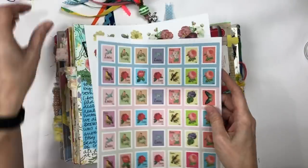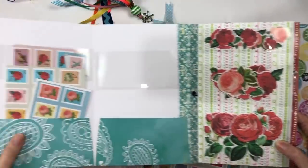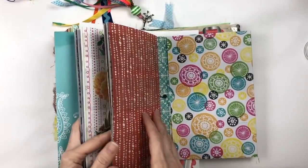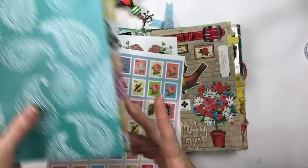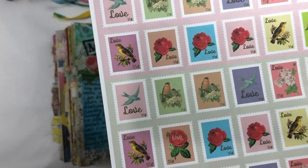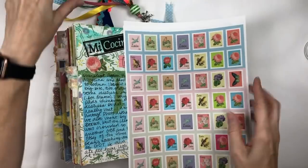And I just cut those apart. Oh, here's some. So I was just cutting them apart like this, and then cutting them down into little singles. And I made them with, this is kind of the same set of stamps, but I made them with different colored backgrounds. Like this one's an ivory, that one's pink, and that one's green, or blue. That way,